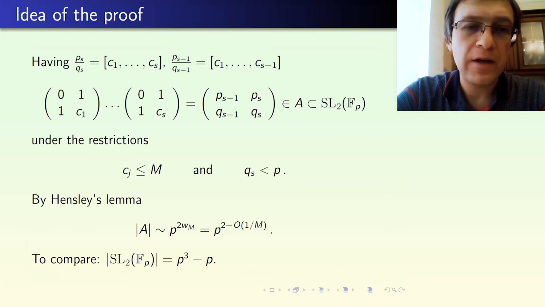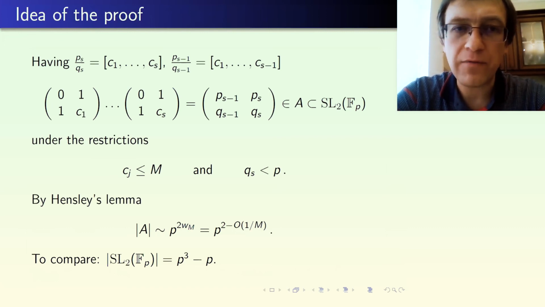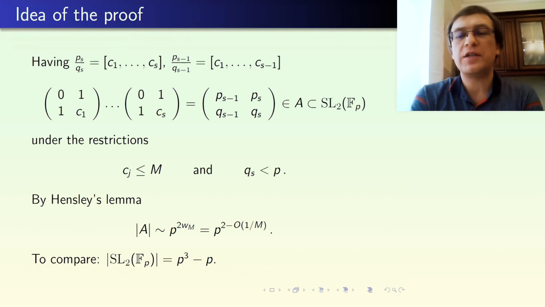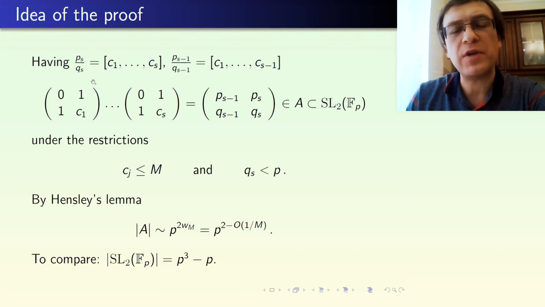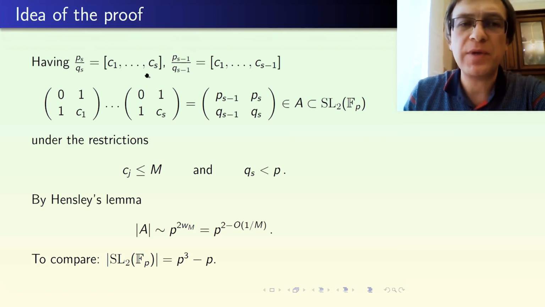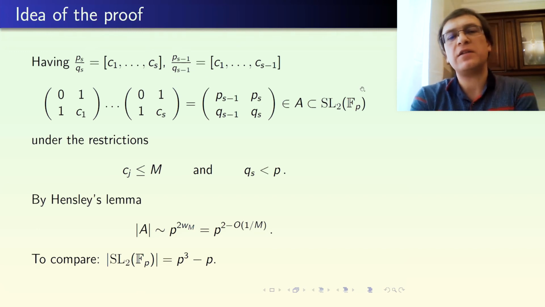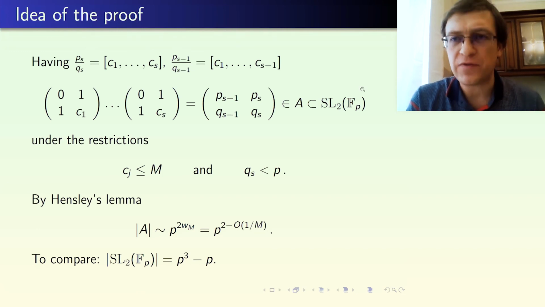I want to say some words about the idea of the proof, and how SL2 helps here. Having a rational number PS over QS and the previous approximation of this number, PS minus 1 over QS minus 1, you can calculate the following matrix from